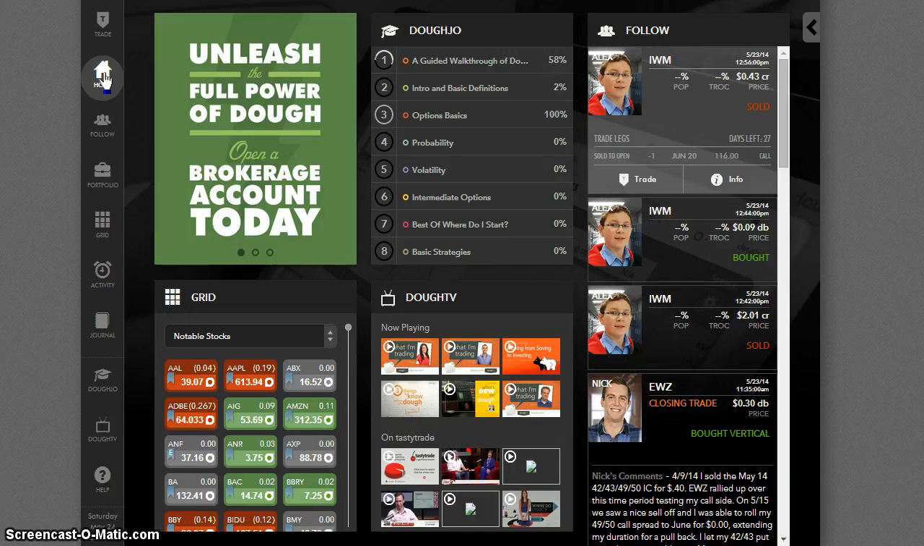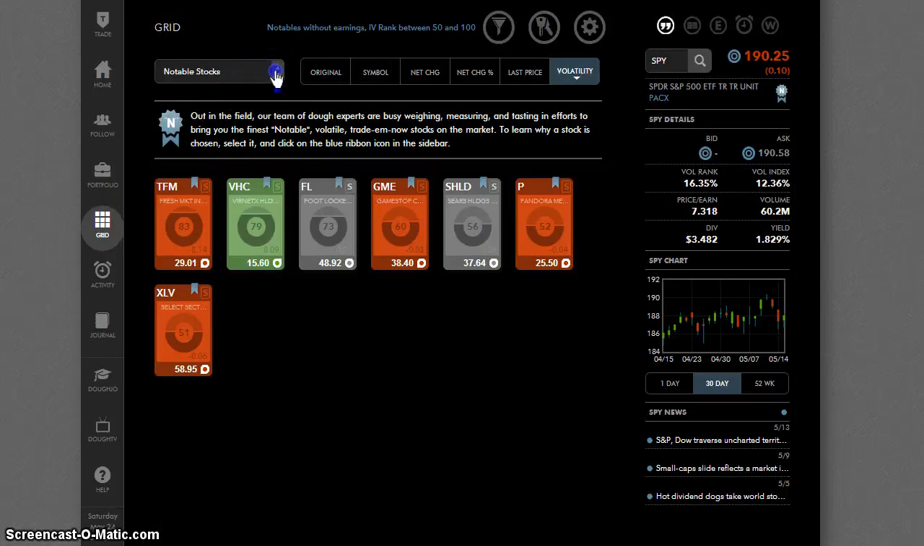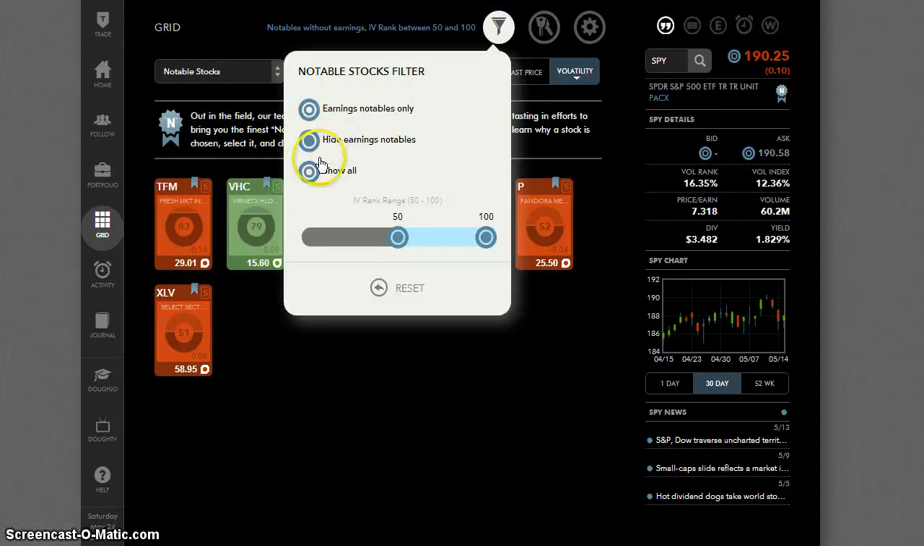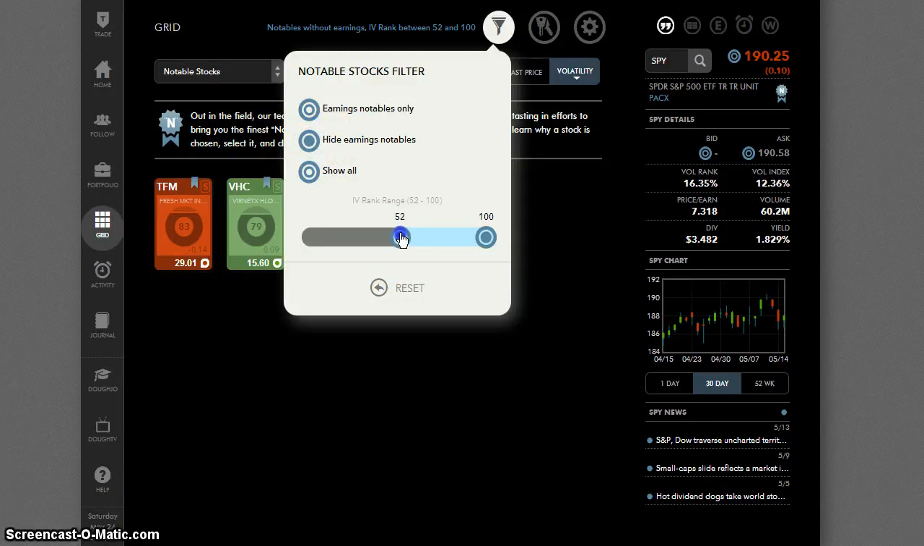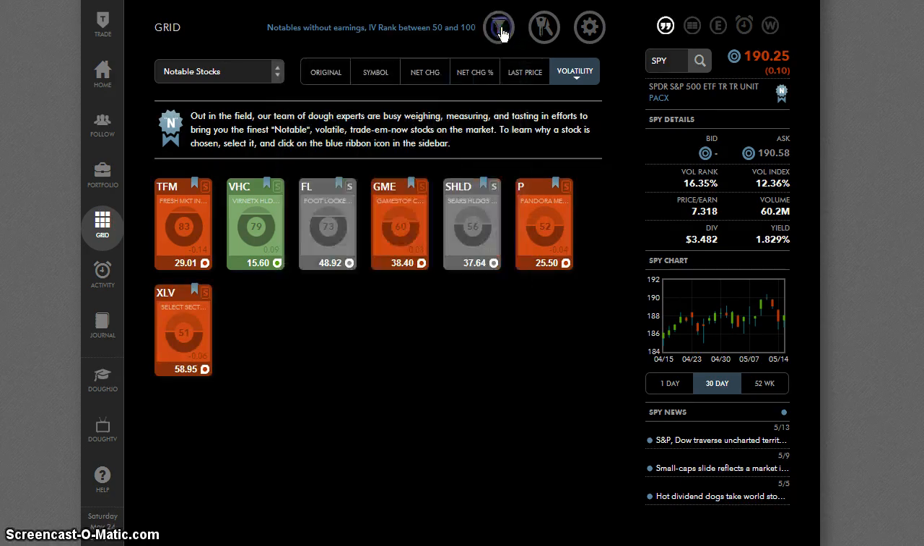you can go to the grid. You're gonna make sure you select notables from the drop-down menu. Go to your filter. Click on hide earnings. You're gonna slide this bar to 50, because you're only looking for stocks with IV ranks of 50 or greater. Close the filter. You're going to click on volatility to make sure it's in descending order, and this is what you can trade. Okay, now let's say you're just going along with the market and you want to collect as